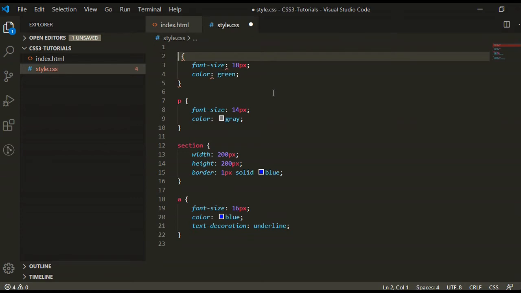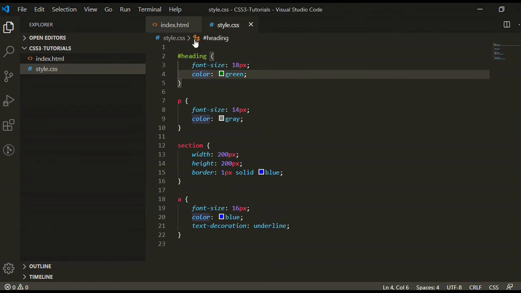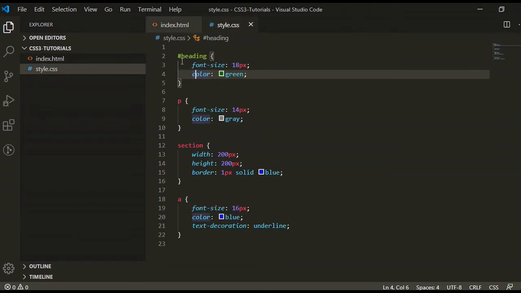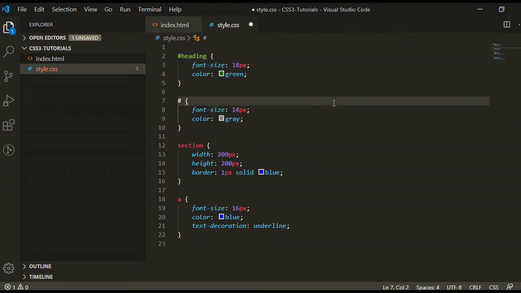Instead, I am writing the heading name with the hash symbol. When you give the ID on any element, then you select this ID with the hash symbol and then your ID name. Same as we can select the other elements.